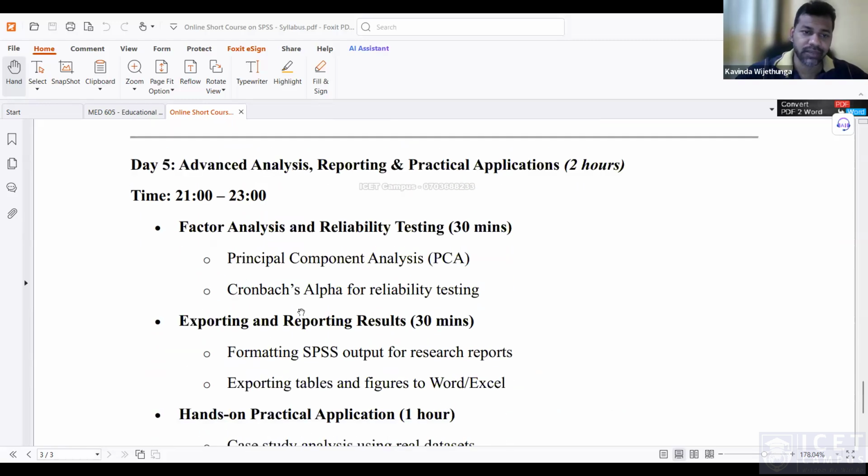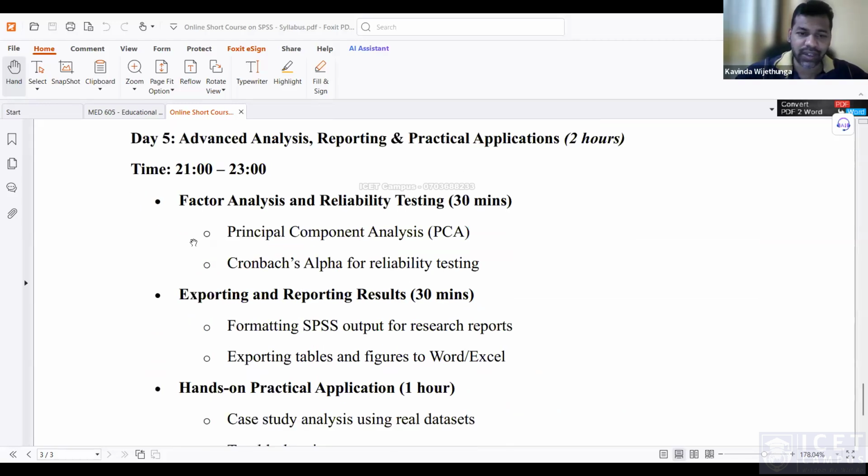And the final day, advanced analysis, reporting, and practical applications. So factor analysis and reliability testing. Under factor analysis, we are trying to discuss principal component analysis, and also sometimes principal axis factoring. Then there are some other things we can discuss on factor analysis, and also for the reliability testing, we are considering how we can calculate the Cronbach's alpha value. Then exporting and reporting results, formatting SPSS output for research reports, exporting tables and figures to Word and Excel,